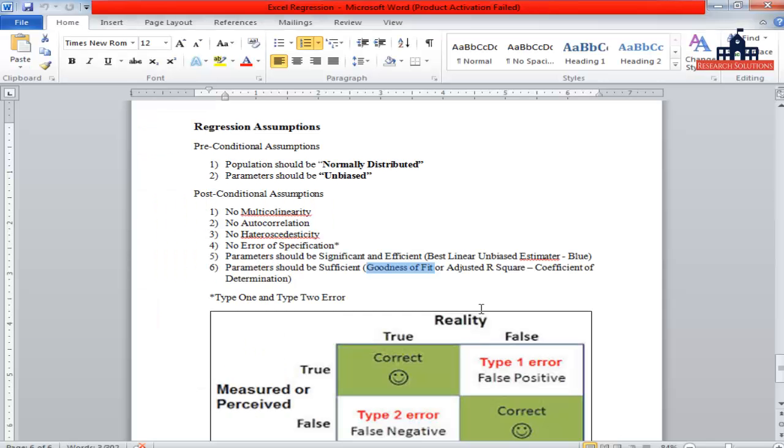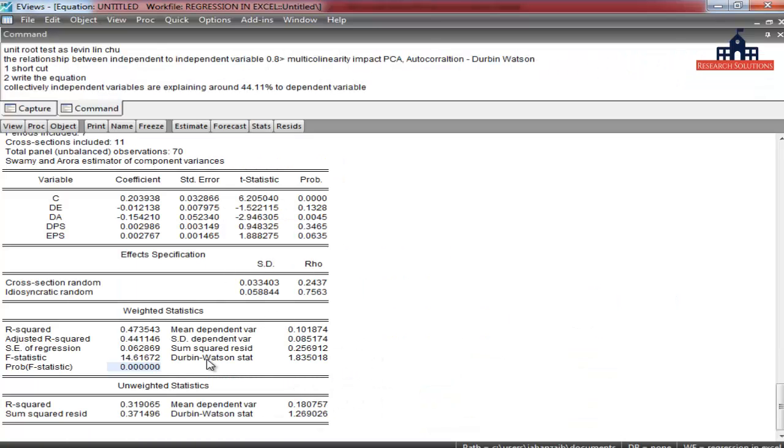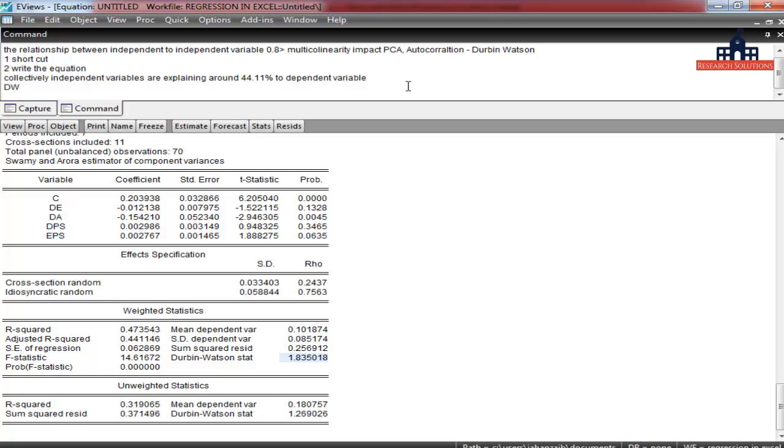Further, we have completed heteroscedasticity by means of using the Hausman test, which I'm going to tell you about. And now autocorrelation. Autocorrelation is measured by the Durbin-Watson DW test. If DW is near 0, it means negative autocorrelation.